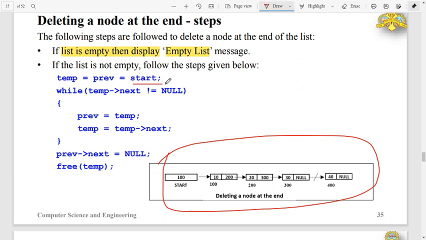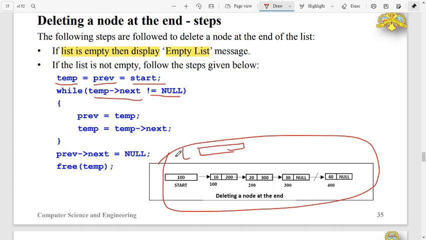Store the start address in the external pointers, that is temp and previous. While temp next is not equal to null, the temp pointer and previous pointer move along.